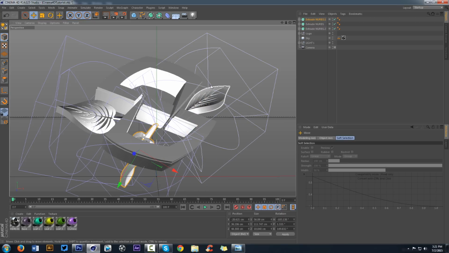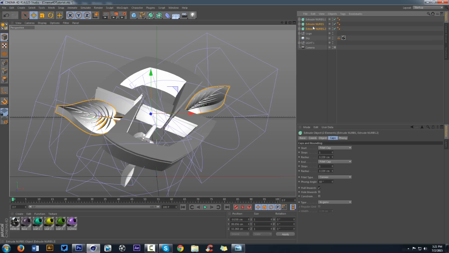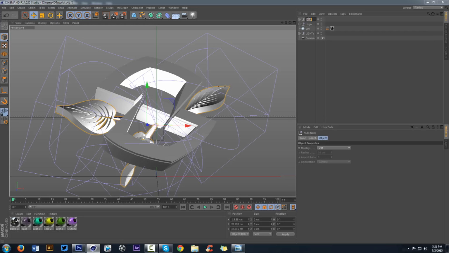I guess that'll work. That's just fine for now. So those are done. We can just group these together. Okay, so group them with Alt-G, and we'll call this Leaves 1, and we'll go back to the Windows tab,